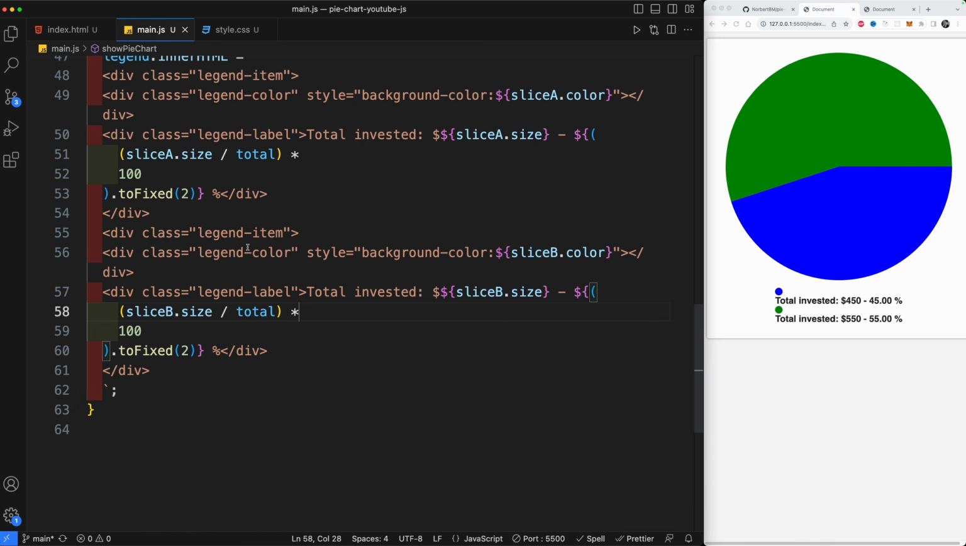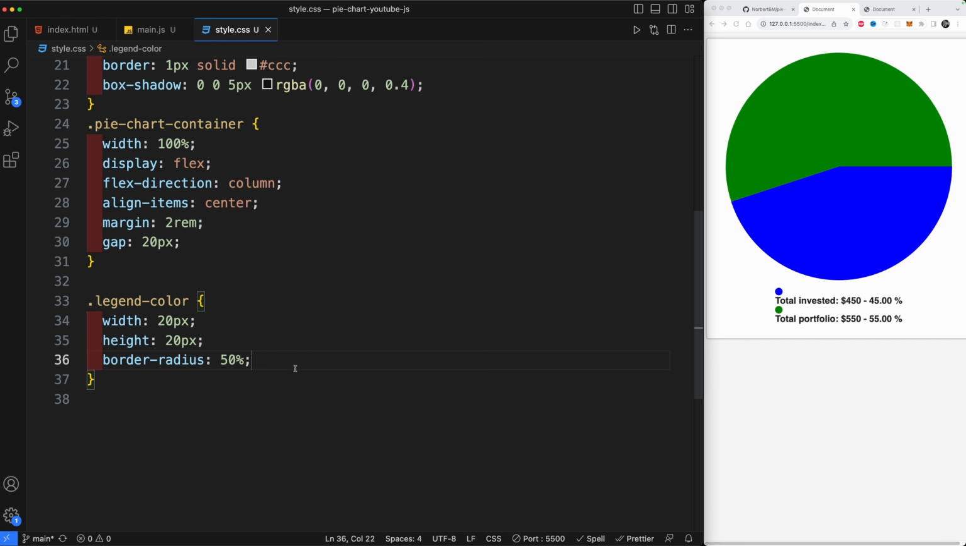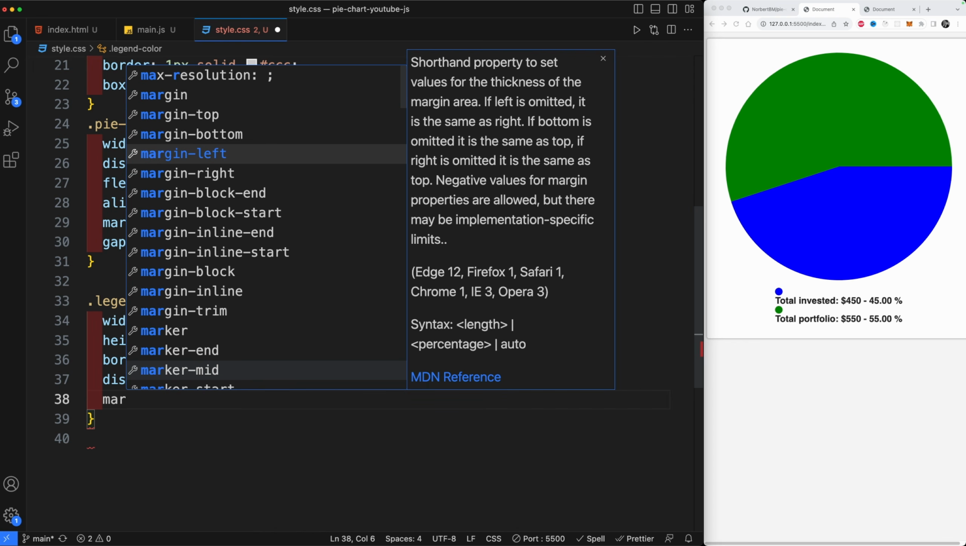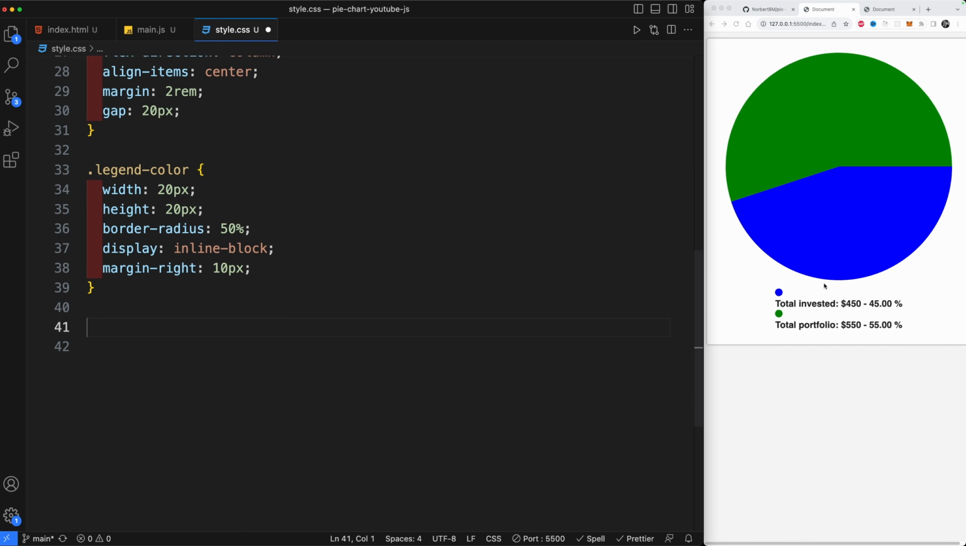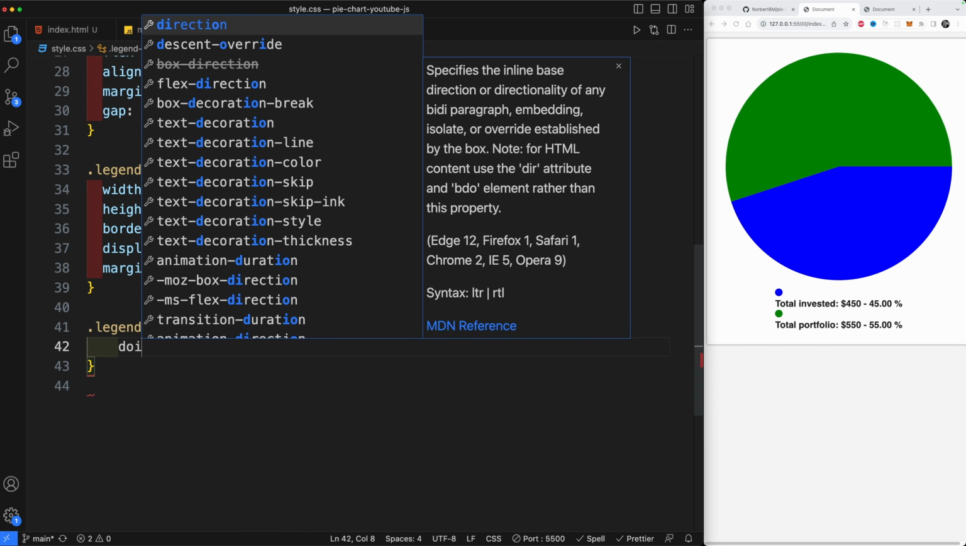Let's go into our JavaScript and say the second one will be total portfolio value. Okay, so let's go back to our style. There we go. Let's display them as inline-block, and let's also add a margin to the right side of 10 pixels. Okay, now let's go ahead and grab onto the item, so the one that is wrapping all around them, and we're going to display this, legend-item,